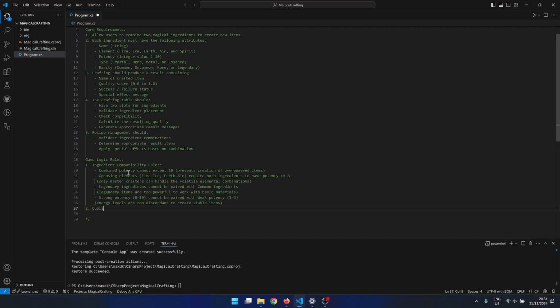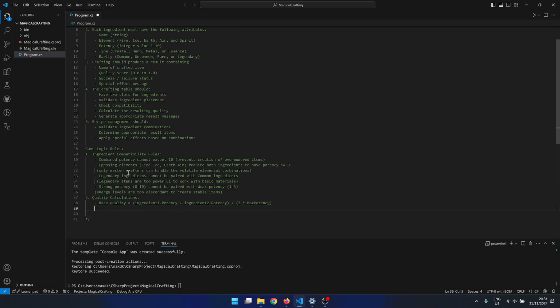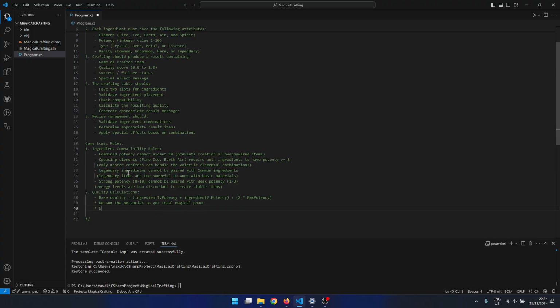Let's see, quality calculations. So for that, we will have a base quality to start with, and that is going to be equal to ingredient 1 dot potency plus ingredient 2 dot potency over 2 times the maximum potency, which is 10, as we've said. So what we do here is we sum the potencies to get a total magical power. We divide by 2 times max potency